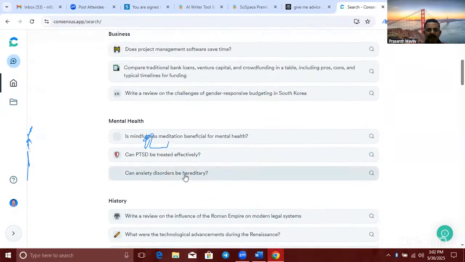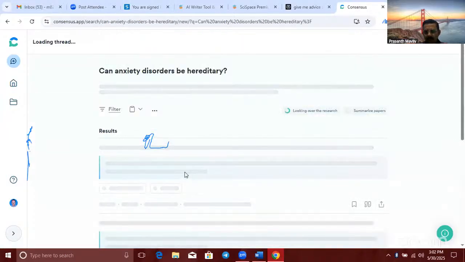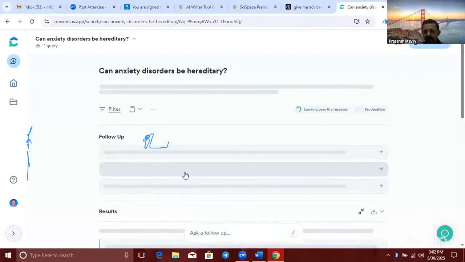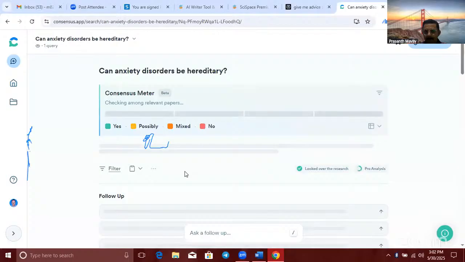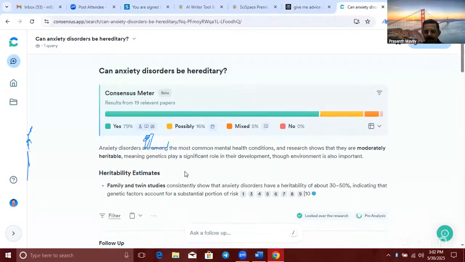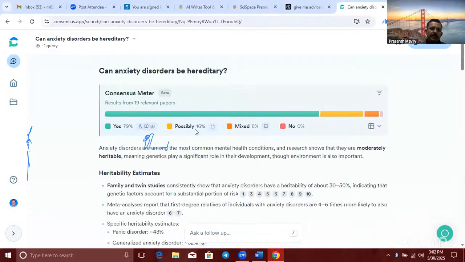See, I asked it, can anxiety disorders be hereditary? See, the consensus meter has been developed within seconds, and it's from 19 relevant papers, and 79% of the papers say yes, anxiety disorders can be hereditary.